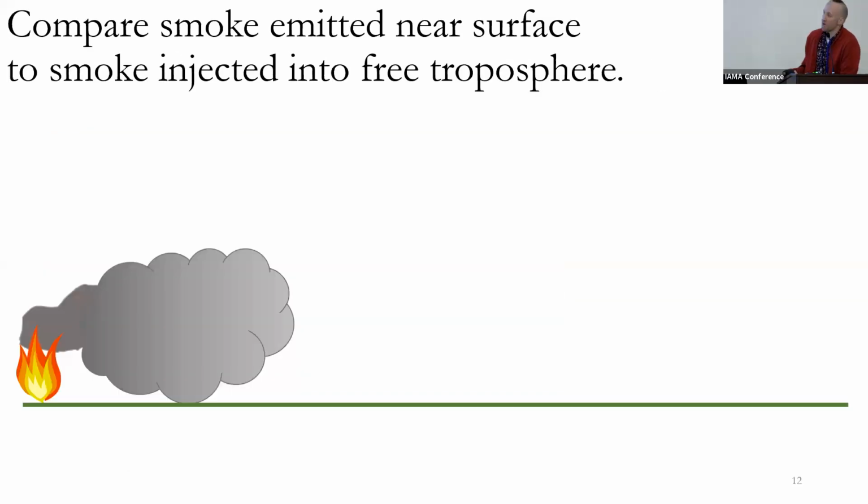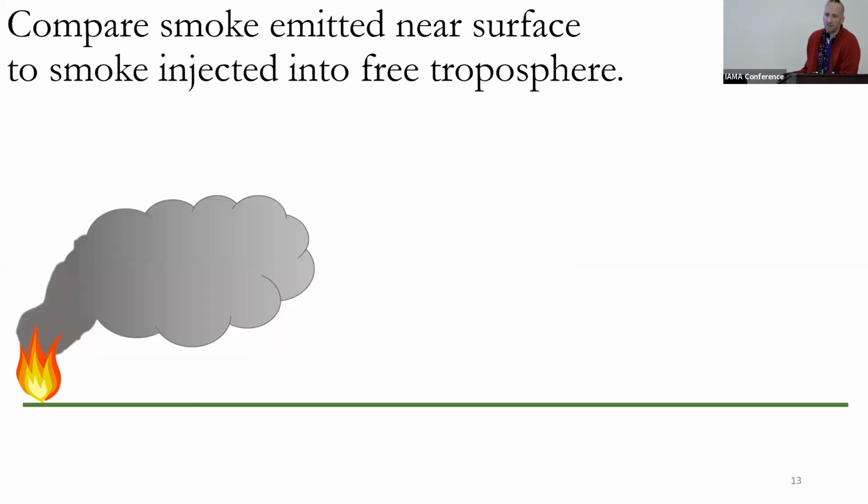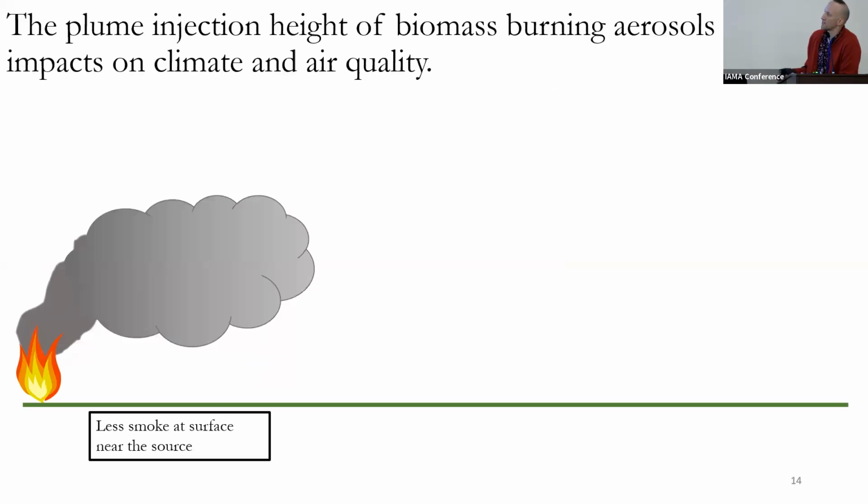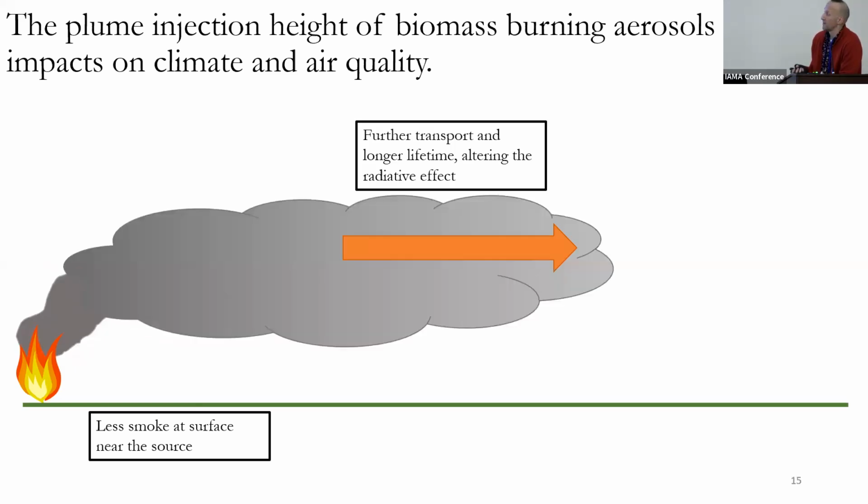So if we just do a thought experiment where we compare smoke, if we just emit it all on the surface in our model versus if we allow for some sort of representation of plume injection height. So just thinking about smoke at the surface versus emitting it aloft. If it's emitted aloft, there'll be less smoke at the surface, at least near the source. If you put it in the free troposphere, it's going to take longer to dry deposit. It's probably going to take longer to wet deposit because you put it over a bunch of the clouds that are raining. And so the lifetime should increase if we put it in the free troposphere. It also is moving faster in the free troposphere, so it's going to go farther in less time.